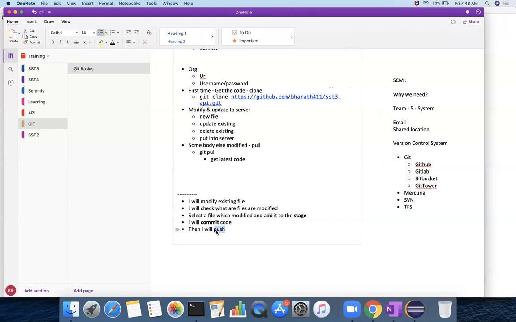Okay. When we do push, this is where it will take these changes to the repository. So after performing this operation only, whatever changes you wanted to keep in the remote server, remote meaning the Git server, will go there. Okay, so these are all the steps that you have.